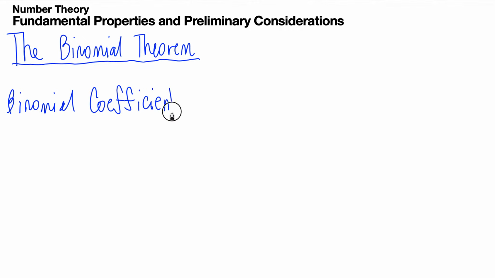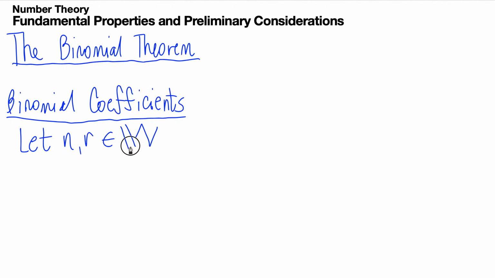Maybe you have already seen these coefficients when you had your first course in probability or statistics. We're going to let n and r be non-negative integers, meaning they are whole numbers in our definition. The binomial coefficient, we write this as